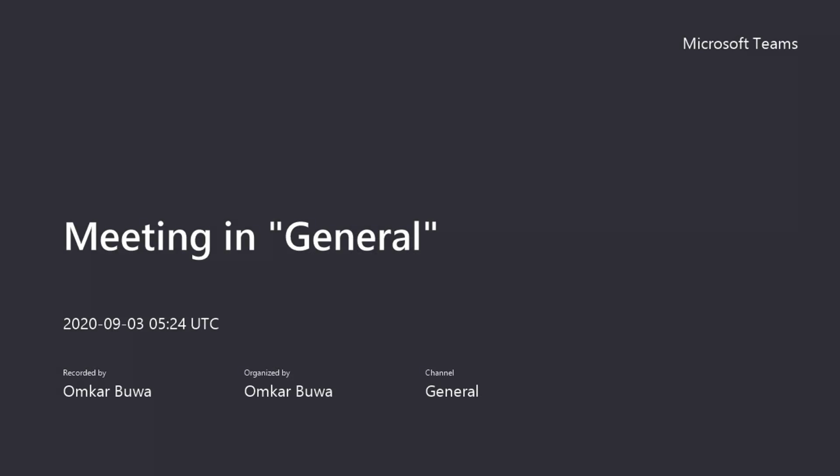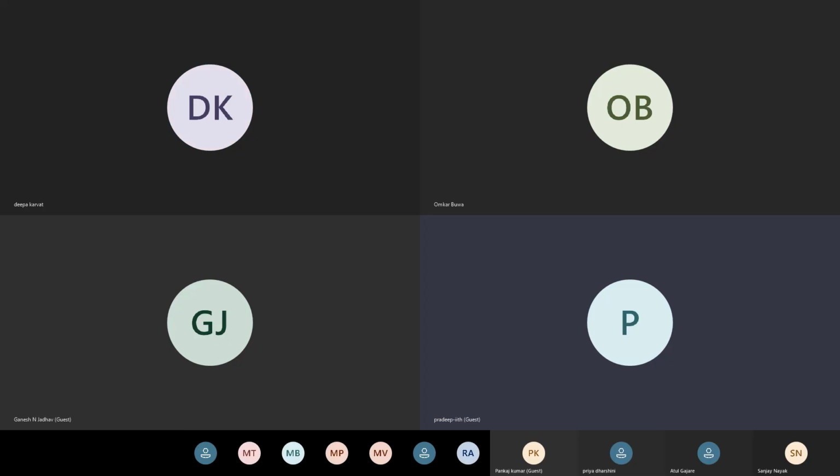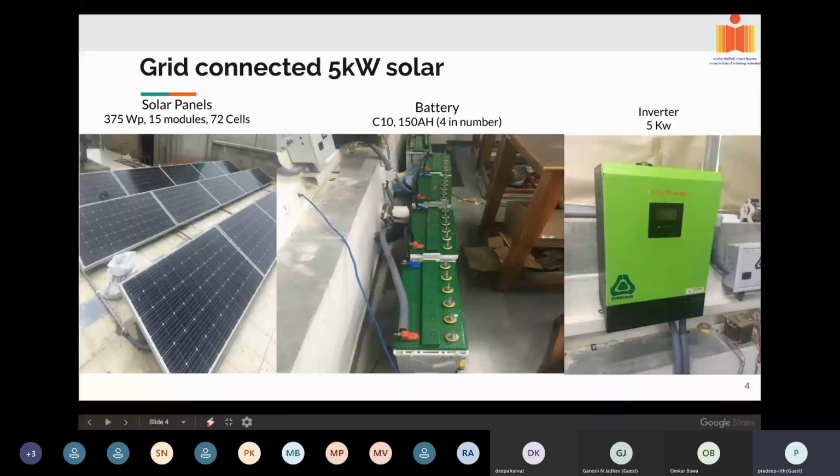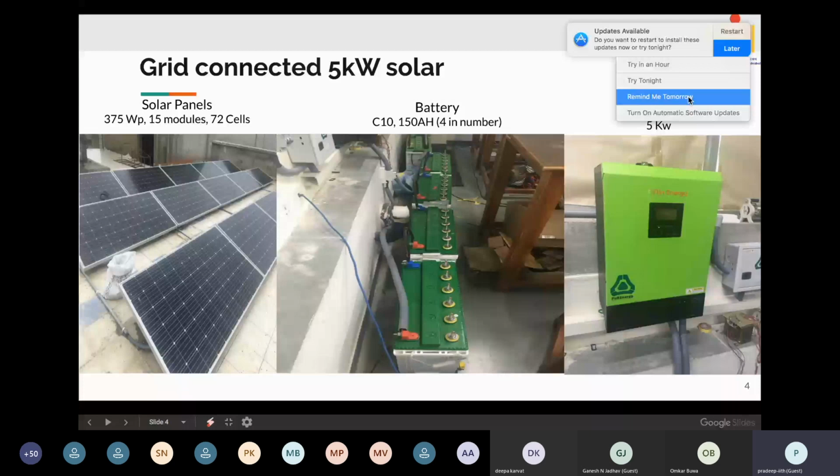And the middle picture is the battery, and on the right side is the inverter system. So we have solar power, batteries, and inverter, which is just connected to the power system of that particular lab. Now, what we are interested in more here is monitoring the data. So how much energy is being generated?